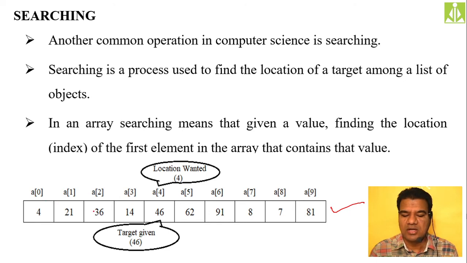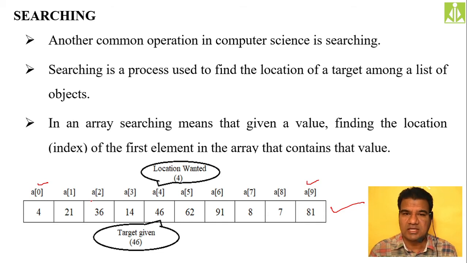Okay, we have around 10 elements, and the index values, when you see the first index, it is starting with 0, and the last index is at 9. So maximum size minus 1, 10 minus 1, likewise we got 9. In these index values, there is a possibility that you can find the target at any of the locations.